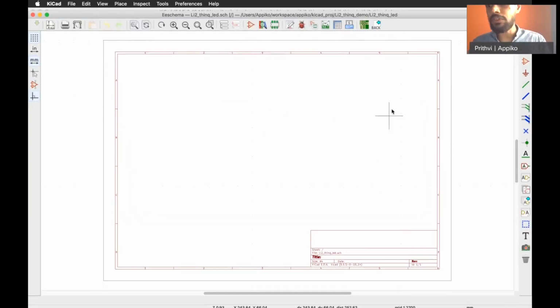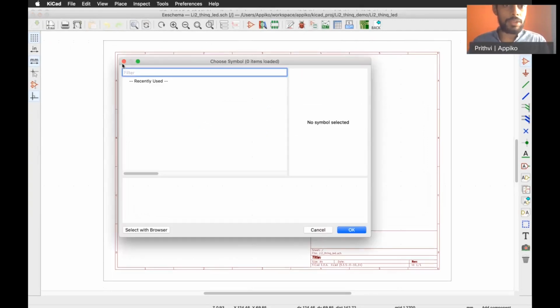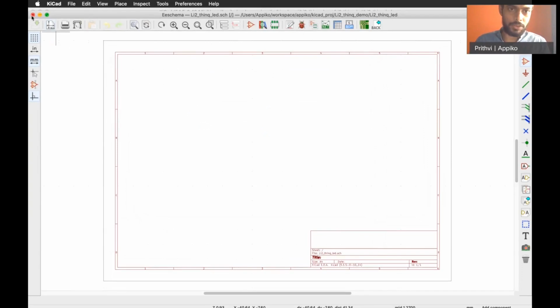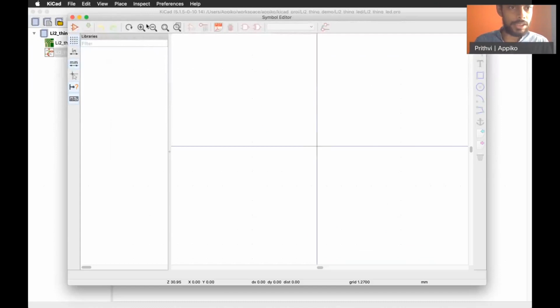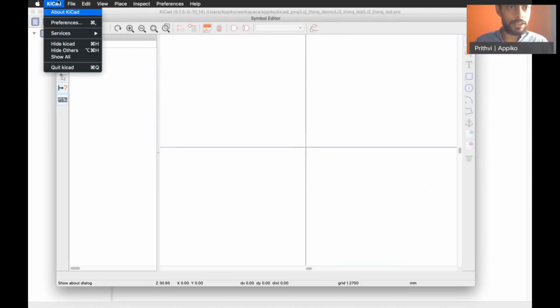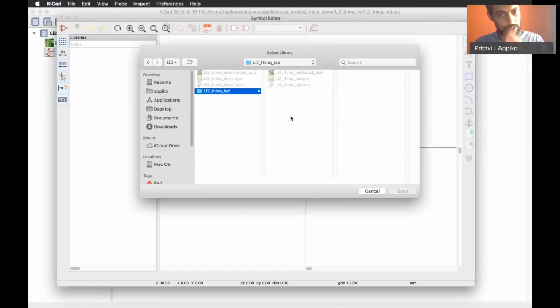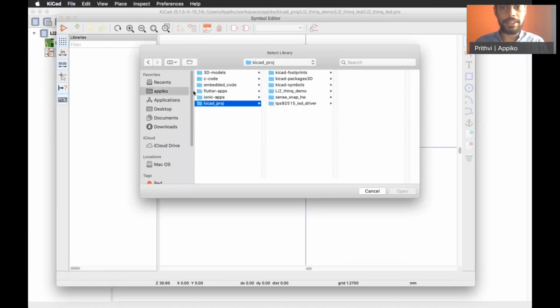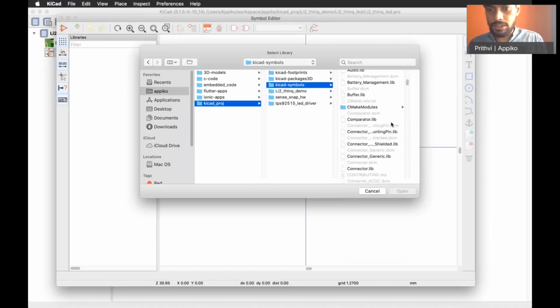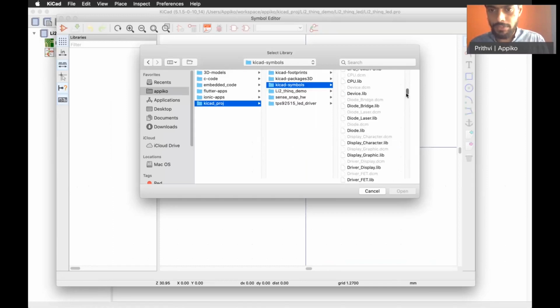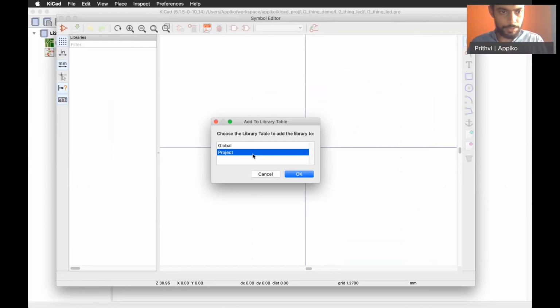So it's an empty schematic. We have to add all the various components. For that, as you can see, we don't have any components because we have not added any libraries. So we need to add those libraries. We'll open the symbol editor to add those libraries. We'll add the libraries from the official KiCad symbol libraries. One thing we need is the resistors and capacitors, so that we can get from the device. So we'll add it to this particular project.